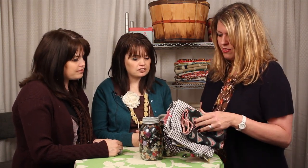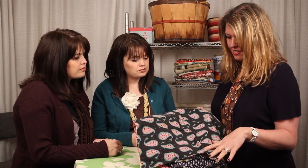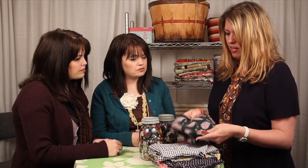So let's say you have a stack of fabrics in your home. You have to go for what your eye is really drawn towards. And this is what you do. You find your jumping off point. For instance, if I really love this, I start to identify, well, what do I love about it? For me personally, I love the paisley. It looks ethnic inspired. It looks vintage, and I love the palette. So this would be my jumping off point. And I would say, okay, now I'm going to build a room off of all this, which basically means...